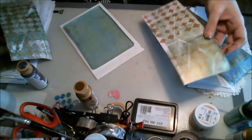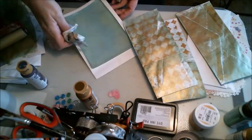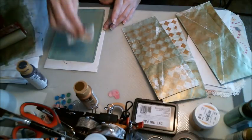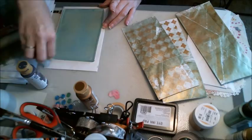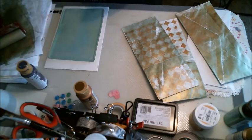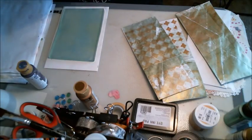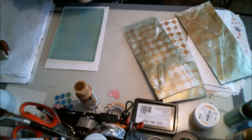Okay, so we need a little bit of purple on this one, and on this one, and on this side. So, let's kind of wipe this off. Okay. There we go. I want to make sure we don't have any. Save it. Okay. Alright, so this one is down. We'll leave that over there for now. And we've got this one. So let's use